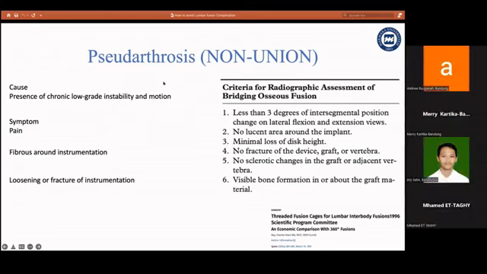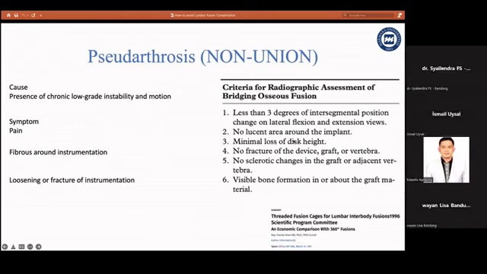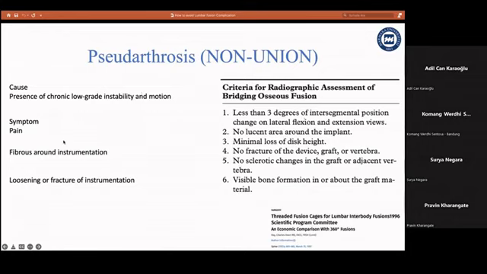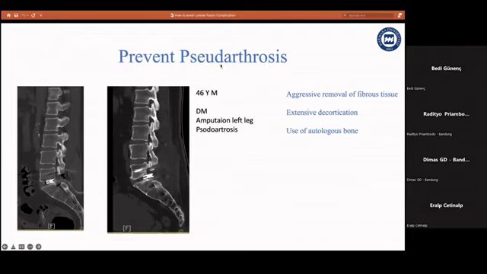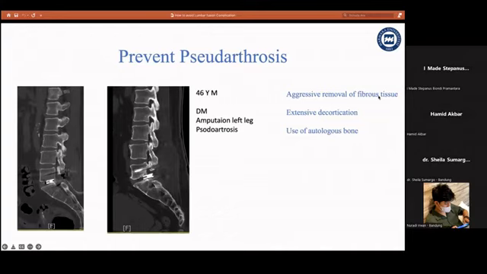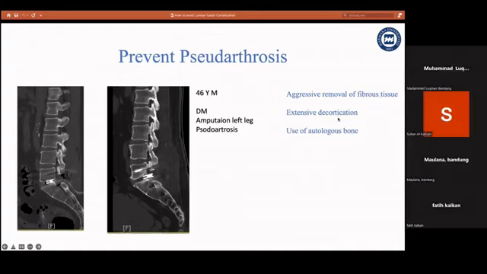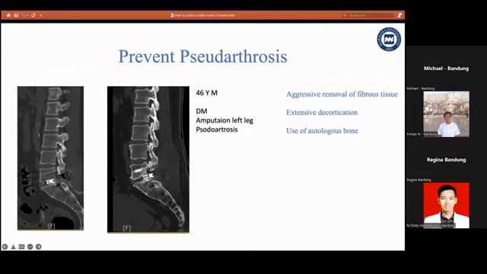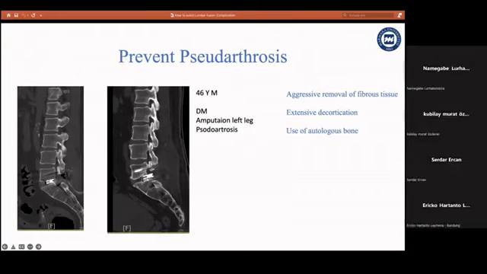And we will talk about some frequently seen complications, for example, pseudoarthrosis. There are some criteria in radiographic assessment of osseous fusion, and there are some symptoms. To prevent pseudoarthrosis: aggressive removal of fibrous tissue, extensive decortication, and use of autologous bone. These are prevention techniques. For example, this patient has a simple case, but there is no fusion here. This is pseudoarthrosis 3 months later, and it is very easy to see because this is a